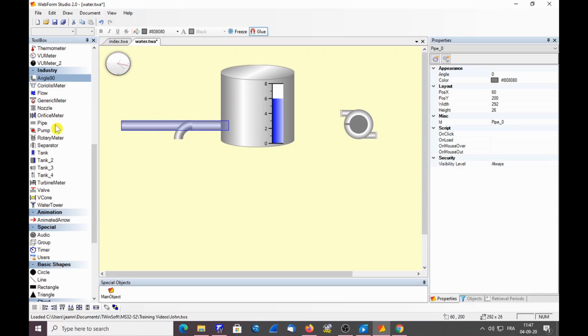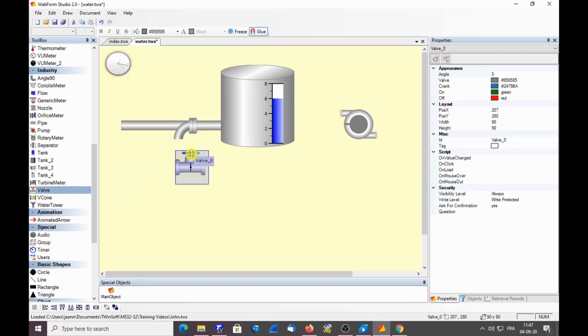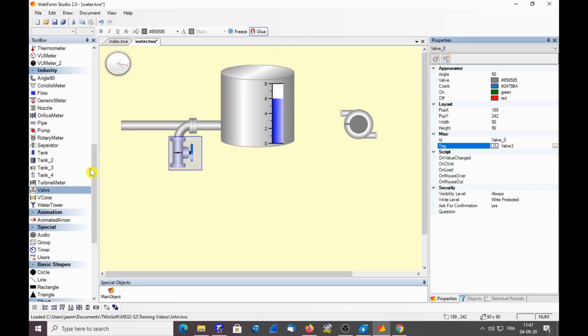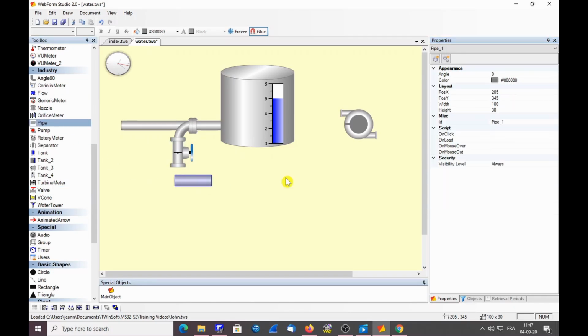I can add a nozzle. I will add a valve, and the valve I will rotate it 90 degrees like that, and to the valve I will associate a tag, which is, this will be the valve number 3, and I will add a new piece of pipe. I can also change the angle of my pipe to have a vertical pipe. I will resize it like this,